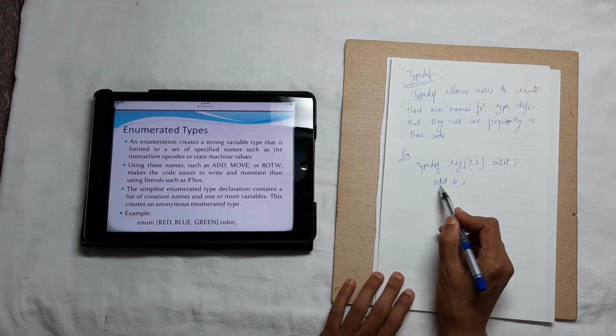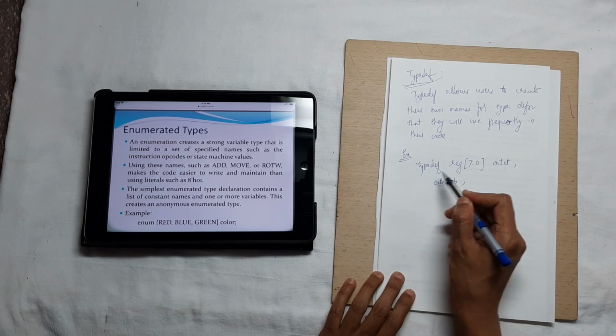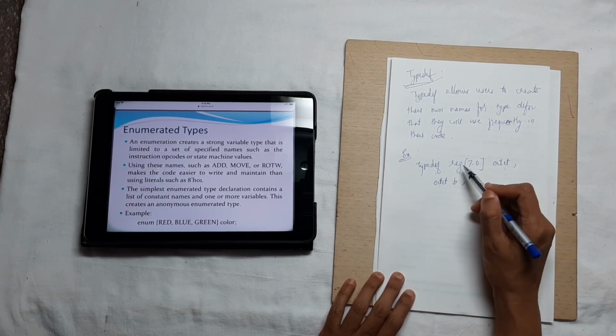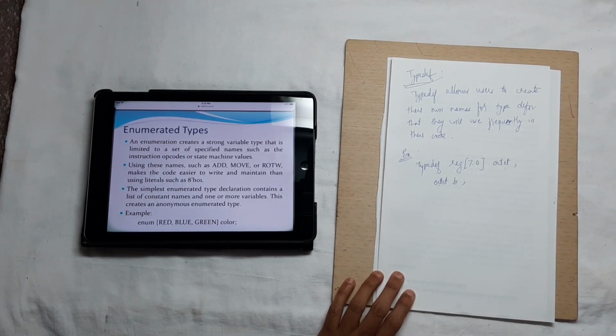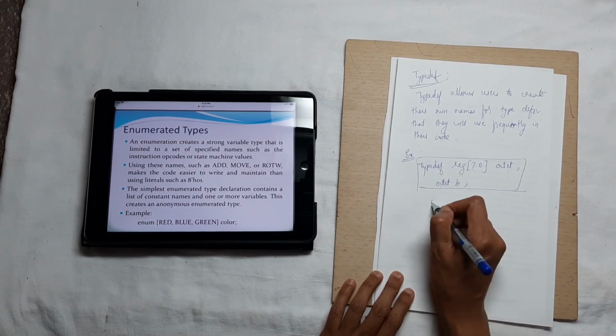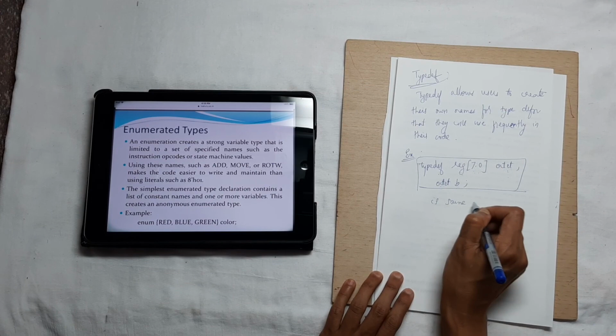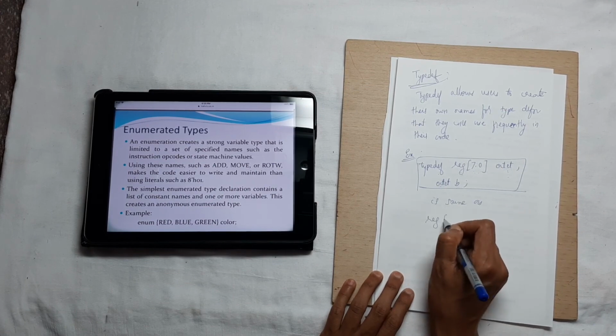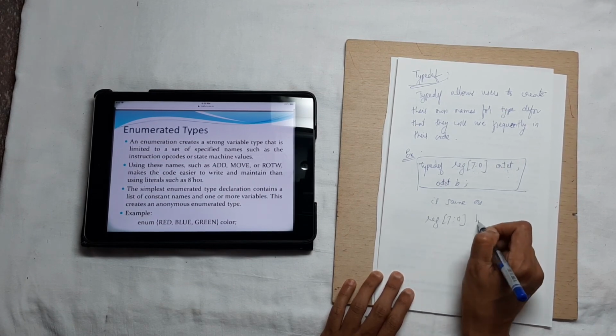Octet is a data type. So B is declared with the data type octet, and through typedef we have declared octet as reg [7:0]. This is the same as reg [7:0] B.